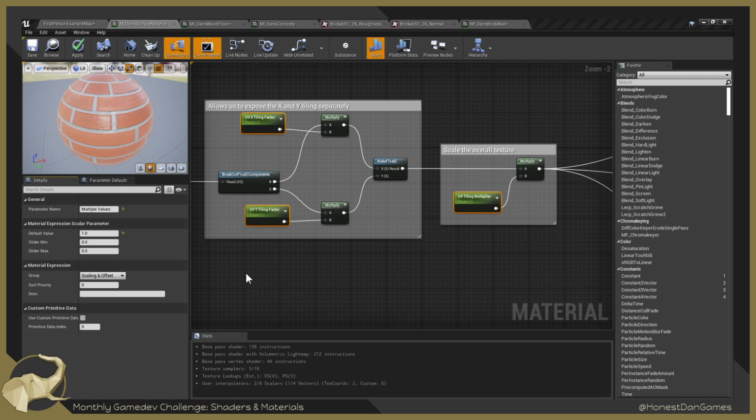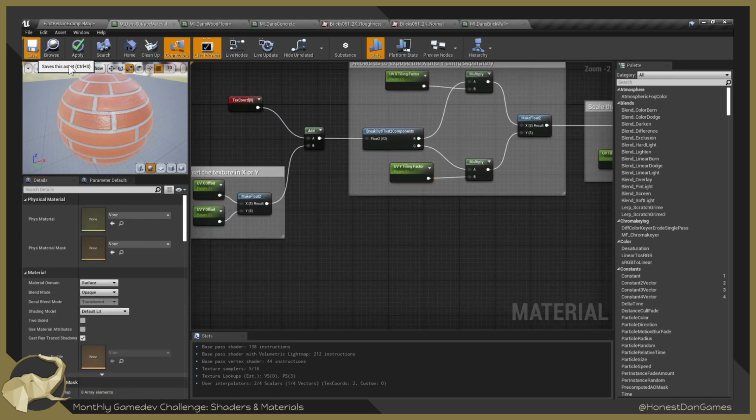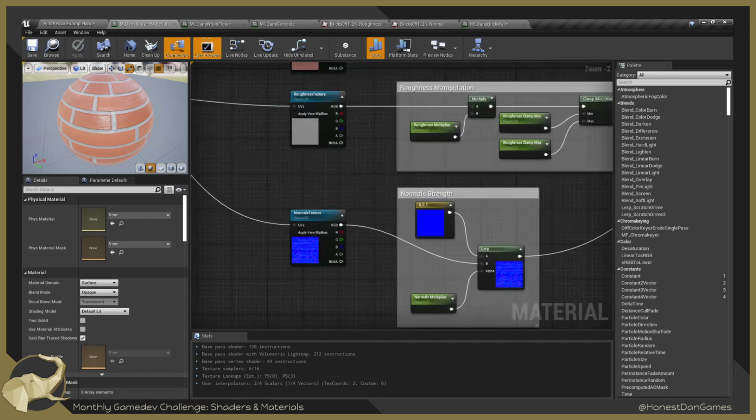Hi, Fitulu. I'm doing fine. How are you? We just came to the end of doing a session on making a kind of base material, and I'm making material instances from that